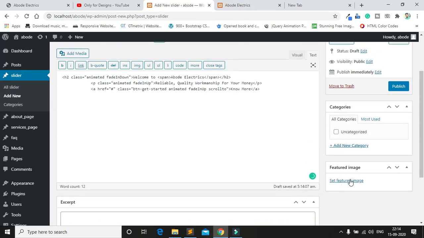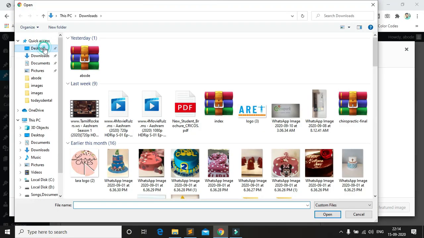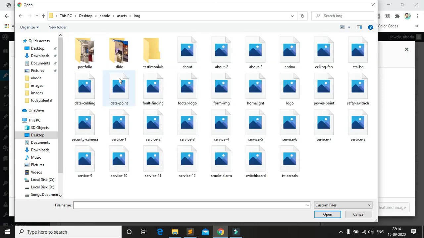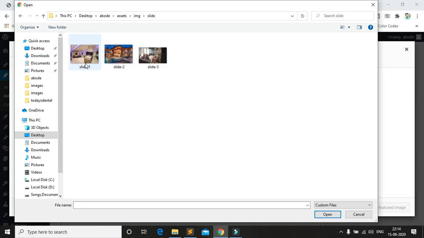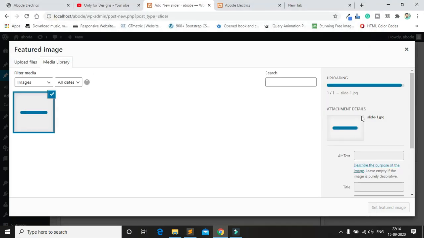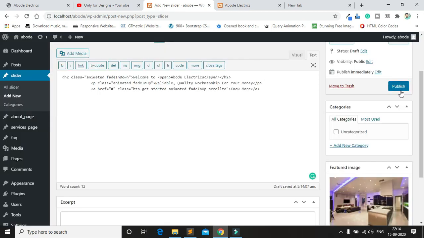Then I select the image. So go to desktop file, this is the file, then images, slide. I need the slider. Where is the slider? I think this is one. So I select this one and set, then publish.